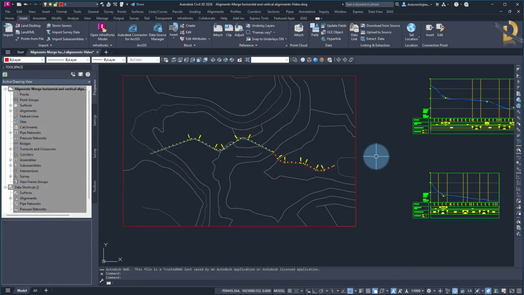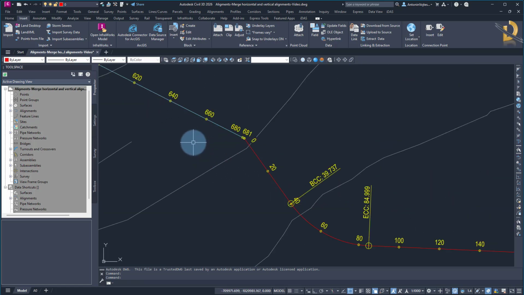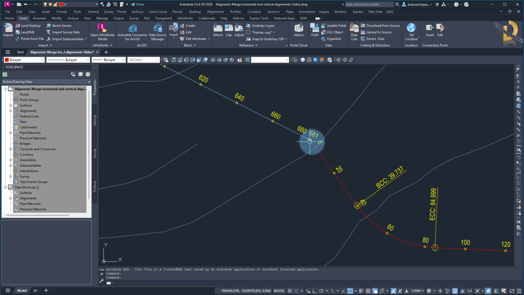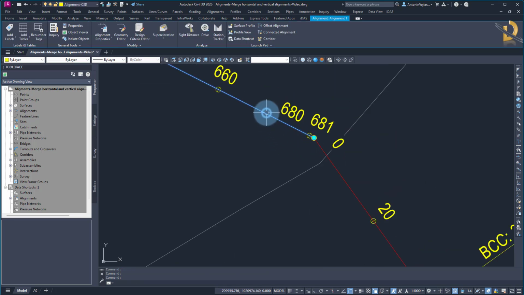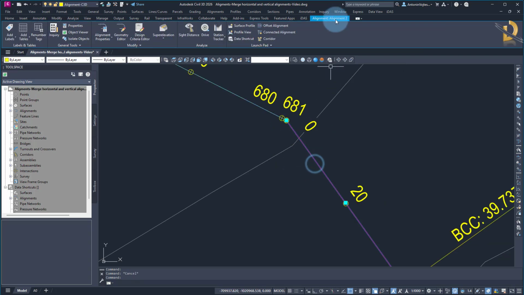In this video, I'll show you how to merge horizontal and vertical alignments. In this case, I have two horizontal alignments and each of them has a vertical alignment. And if I go to plan, those alignments meet at one point. So this is alignment 1, which is cyan, and the end station is where the following alignment, alignment 2,